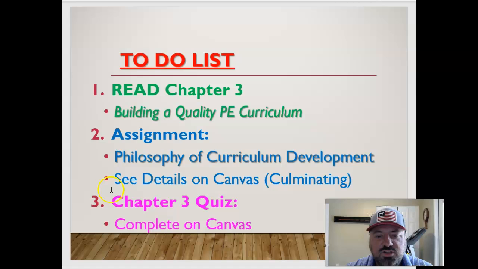And then take the Chapter 3 quiz. You'll complete that on Canvas. There are 10 multiple choice and true and false questions. Select the best answer. You have 20 minutes. All the safeguards are employed as I do in a normal quiz. The Chapter 3 quiz is to assess your comprehension of the reading, as well as 1 or 2 things throughout the lecture and video lecture.